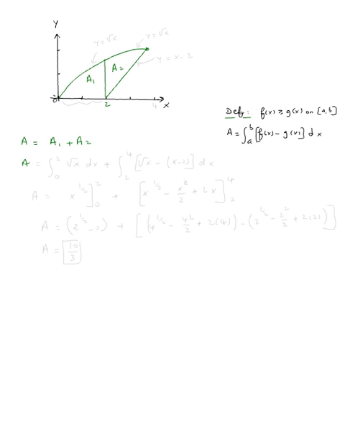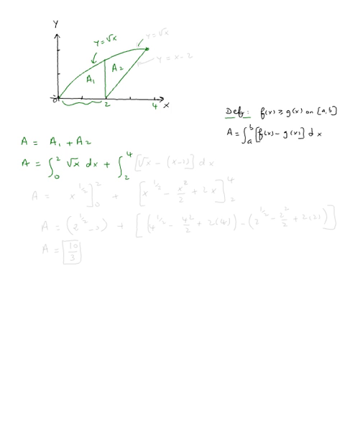So what is the area of A1? This is y equals square root of x. So it's the integral from 0 to 2 of square root of x dx minus 0, and then A2 will be the integral from 2 to 4